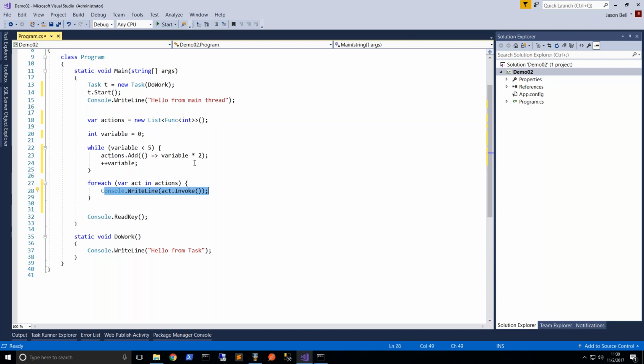And the question is, what am I going to see when I invoke each one of these functions? I've got my variable here, and so I multiply it by 2, and then I increment it, and then I add another function to the list, and then I increment it, and then I add another function to the list, and I increment it. And so when we run this,